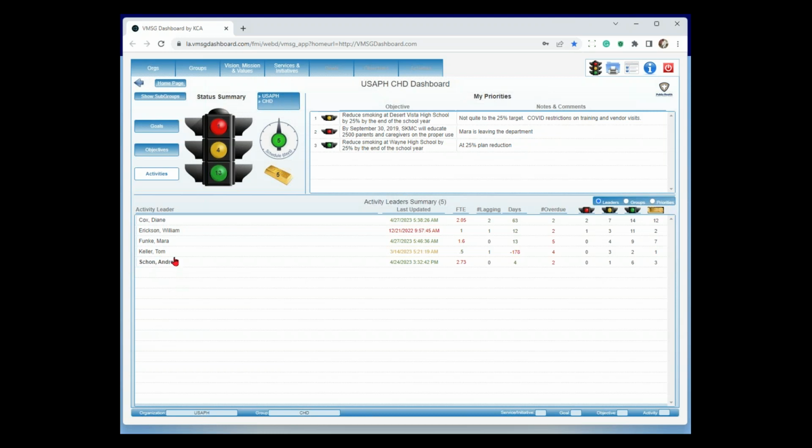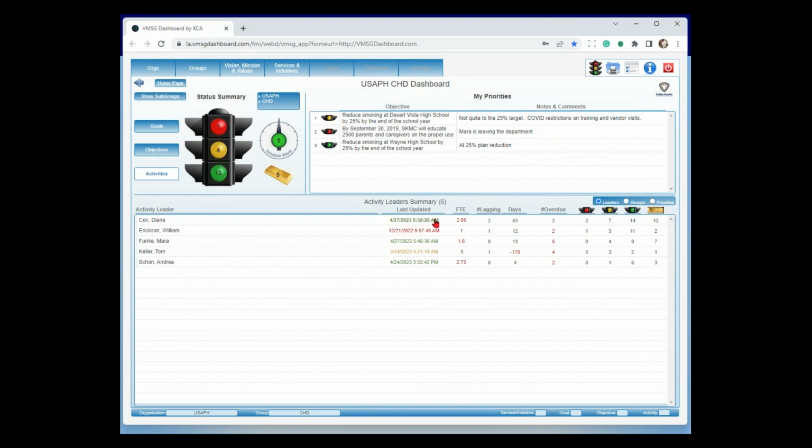Number 1 is my people. So these are the activity leads, the folks that I assigned at the activity level in here. The first column here is showing me when is the last time this person was in there and updated their information. Now, there's an old adage that says people listen to what you say, people do what you audit. So think of this kind of as a mini audit. So I'm having my staff meeting on Monday morning with my team here. These are my team members. And I bring up this chart and say, here's how we're performing. Everything's pretty good. What this column is showing us is the last time each of you did the updates with that information using the real-time planning.